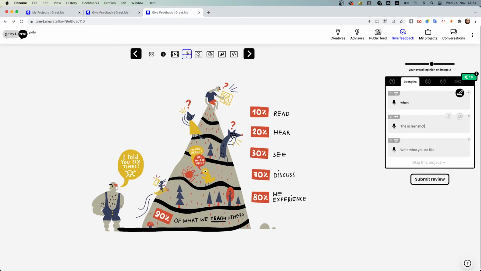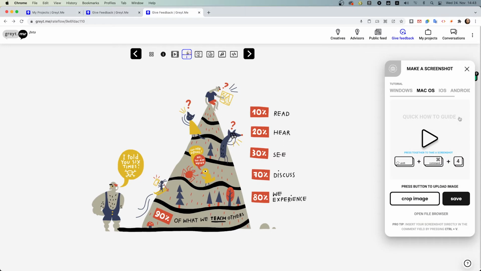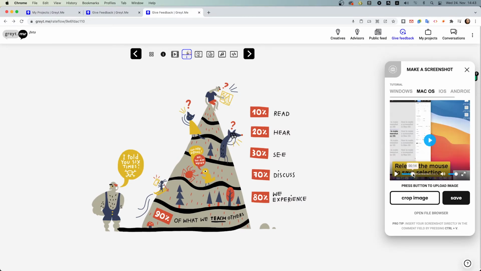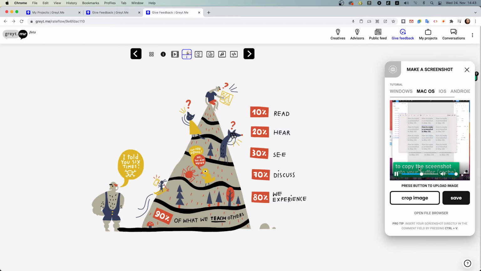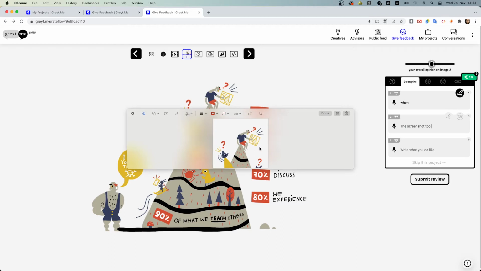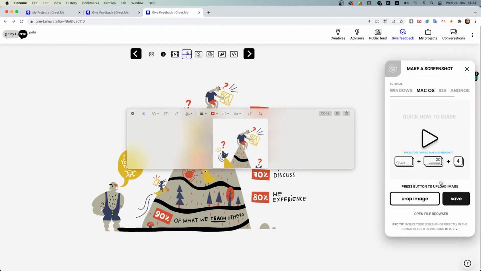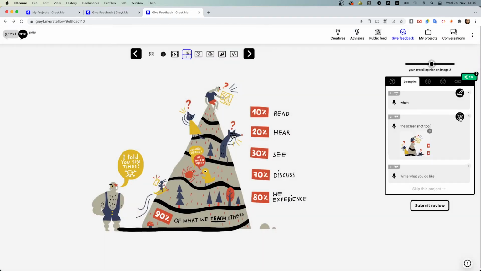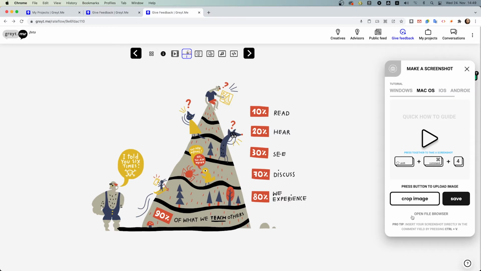The camera icon enables you to upload a screenshot from any device, desktop or mobile, and it works on every file in your project. Once you open it, you see a tutorial for each operating system on how to make a screenshot using your integrated screenshot tool. If you don't know how, just follow the simple steps in the video. Once you have a file saved temporarily into your buffer, click on the Save button to upload. Or use the file browser to select the file you wish to upload directly.